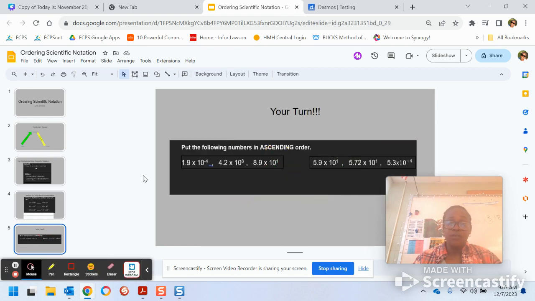All right, so what I would like for you guys to do is you're going to put the following numbers in ascending order. As we mentioned before, we know that ascending means to go up. So we're going to order from least to greatest. Now, you can look at your exponents and do this. Once you put them in order, please put a 1, a 2, and a 3 for the numbers from least